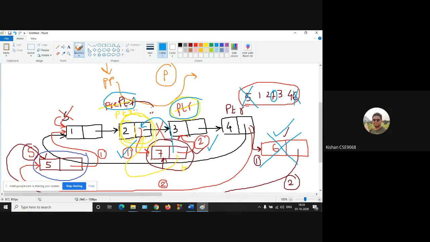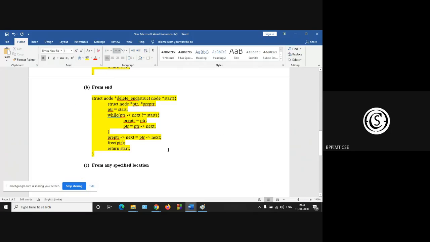We can modify a little bit. So how to delete? Sir, while PTR next not equal to value, then till then we will do pre-PTR next. So pre-PTR next is equal to PTR next. Yes, sir.